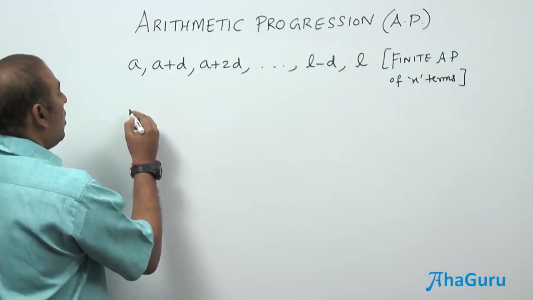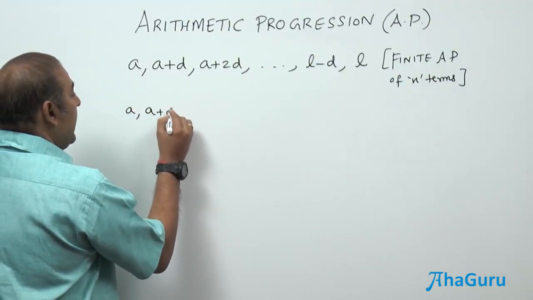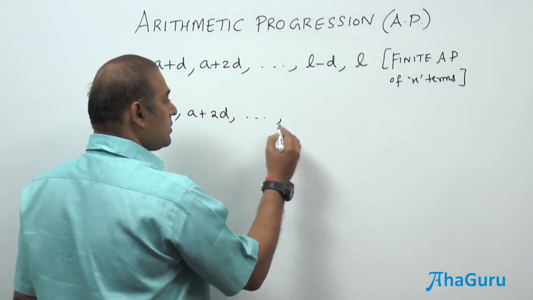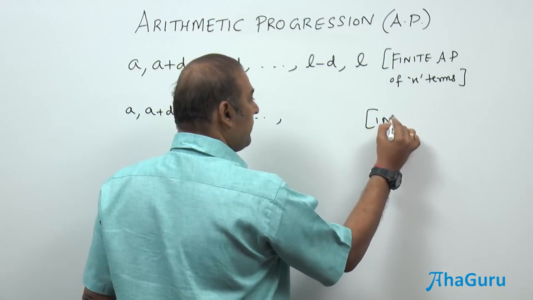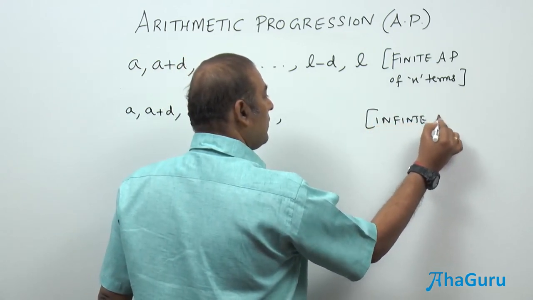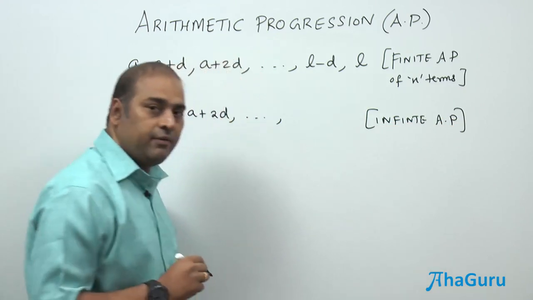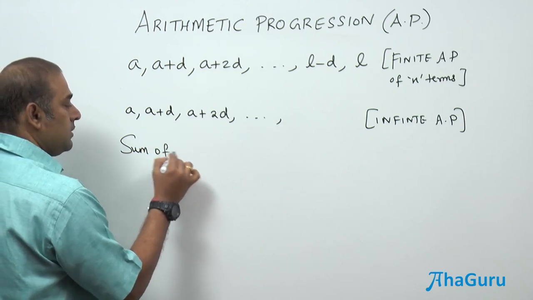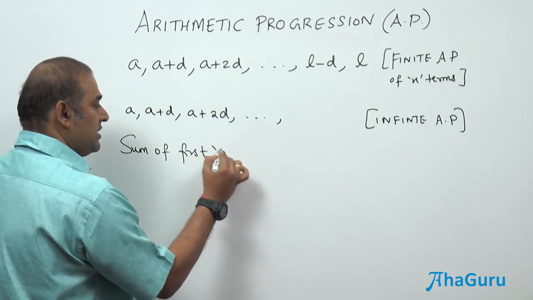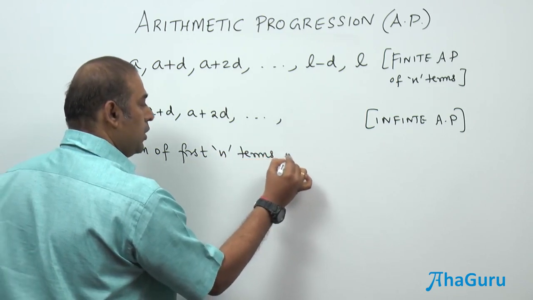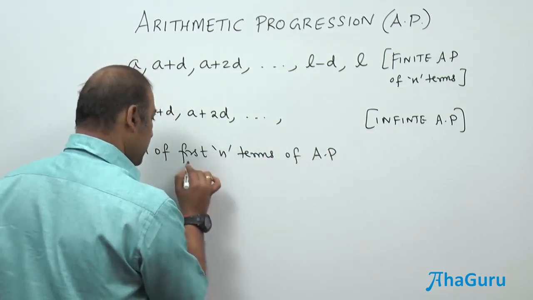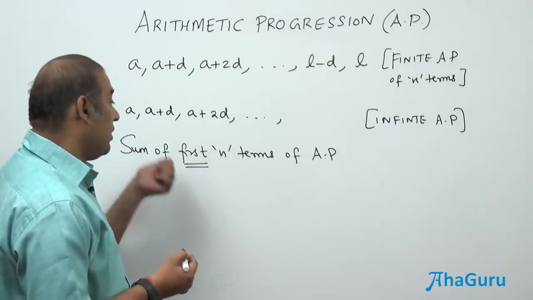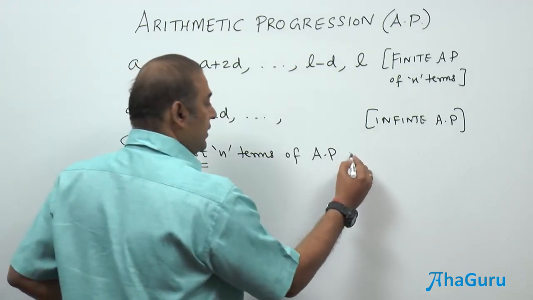Okay, but suppose we want to take an AP which is infinite, which goes on proceeding. Obviously it is not going to contain a finite number of terms, but I want the sum of the first n terms, not some n terms. If you do not use the word first, you are picking some n terms of the AP. Therefore, this is very important. Sum of the first n terms of an AP, let us try to find the formula.